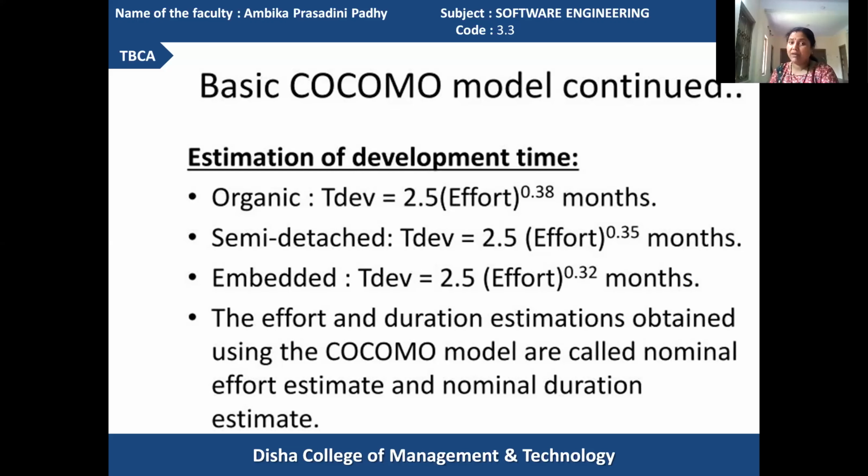The effort and duration estimates obtained using the COCOMO model are called nominal effort estimates and nominal duration estimates. Nominal means more approximated. Based upon the effort and duration, you go on to calculate the cost required for developing the product.